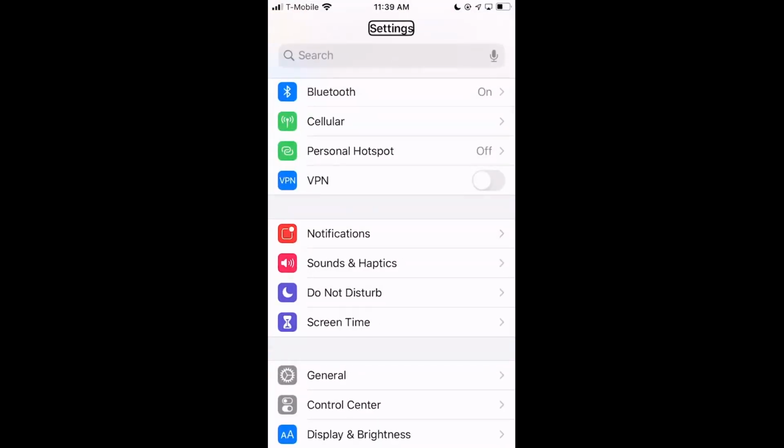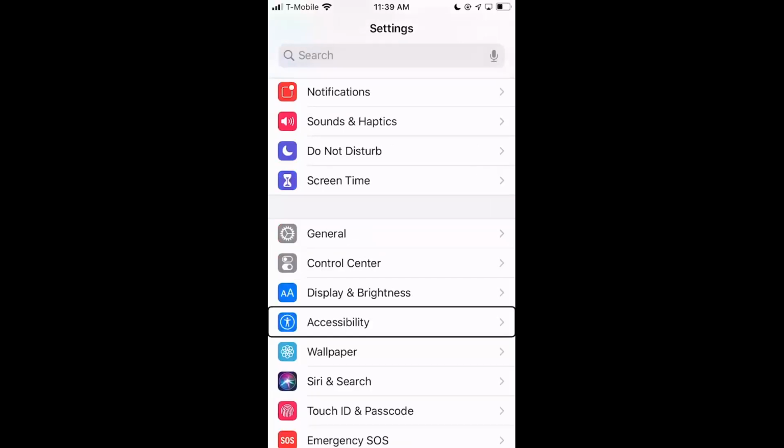And what will happen is I'm now going to be able to come over. If you're using a version previous to iOS 13, you would want to come to General. If you're using iOS 13, swipe over to the Accessibility button. We don't have to go into General, so keep that in mind. Once we double tap on Accessibility,